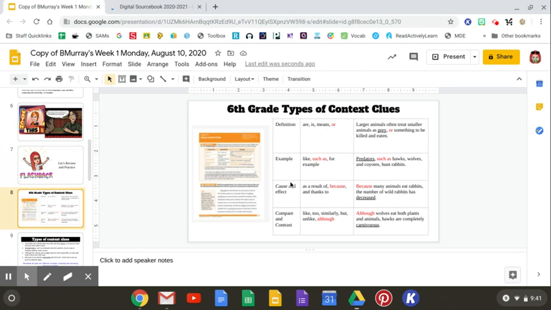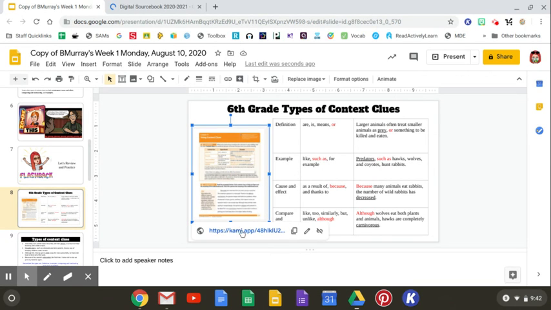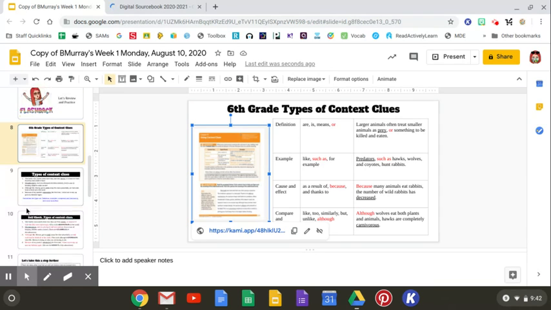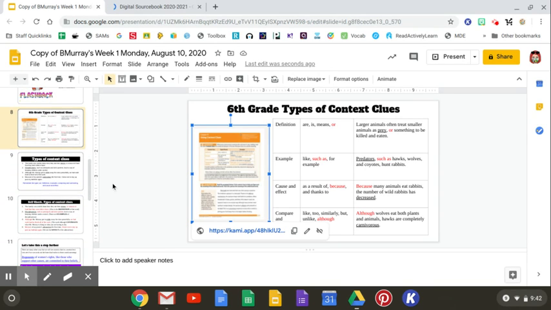So I'm going to click on slide 8. And this is going over your 6th grade context clues. You can even click on this link right here, and it will take you to a document. It'll take you to the actual workbook page from last year that was dealing in context clues. All right, slide 9